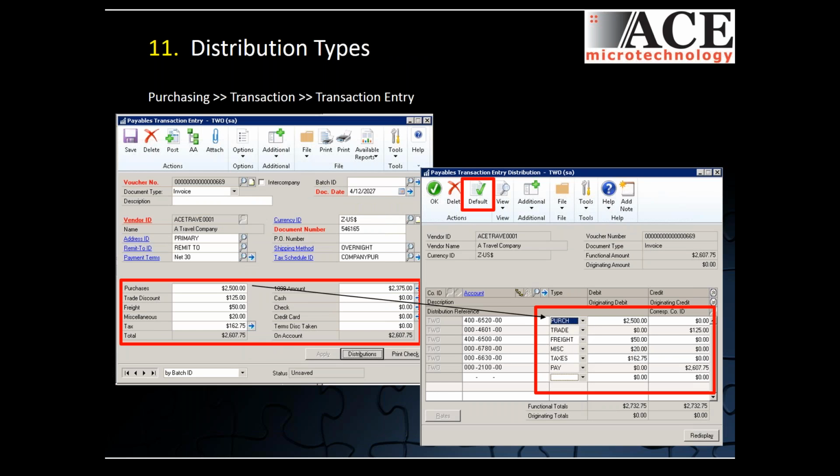Distribution types. It's important for you to know how the distribution types match between the distribution window and the main payables entry window. Oftentimes when we're entering transactions and trying to save or post that transaction, we'll get a distribution error, or they're out of balance. So having the right type associated to the transaction represented on the main screen is really the key to eliminating that error message from popping